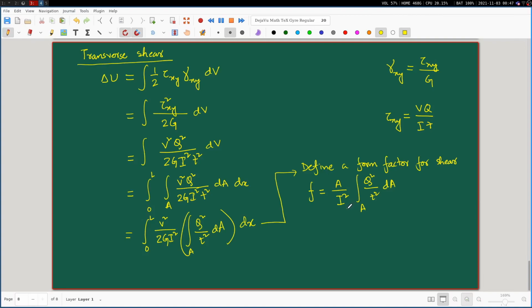So for various kinds of cross sections, we can obtain very standard values of this F. Now if we pick this up and put it back here, then with a little transposition, this entire integration becomes form factor times I square divided by A. So therefore, if we go back to this expression for delta u,